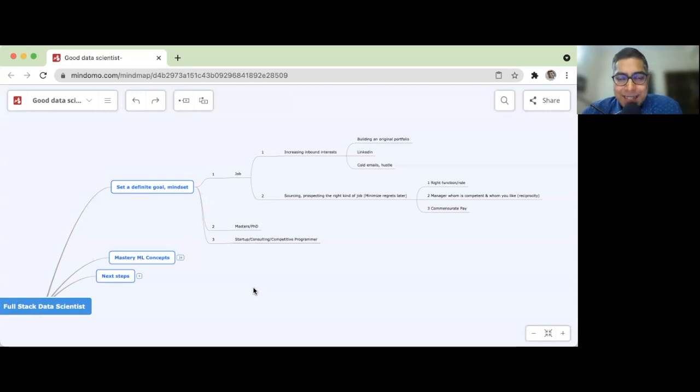Startup consulting is a completely different discussion. We have seen people make careers, though the numbers are very, very few. But if you have some risk-taking appetite, and if you have finished your Maslow's hierarchy of needs, meaning your roti, kapda, makan is set for yourself and your family and your loved ones, then you should definitely consider taking at least one or two key risks.